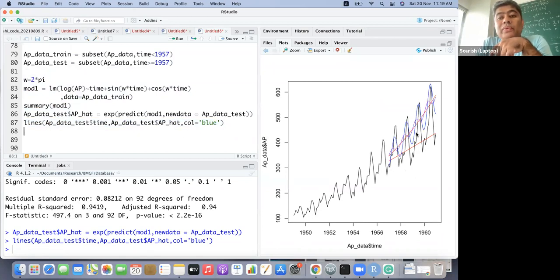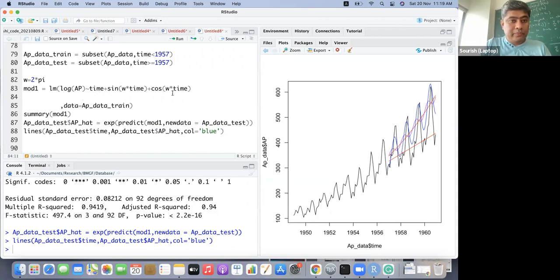Remember that whatever we are doing, in terms of forecast, the modeling is happening on this part of the data, and then we are doing the forecast out of sample, and we are checking how it is doing out of sample as we are building more and more features. So then what we can do, we can maybe just put in a few more Fourier terms.